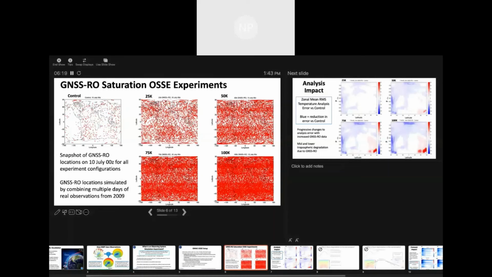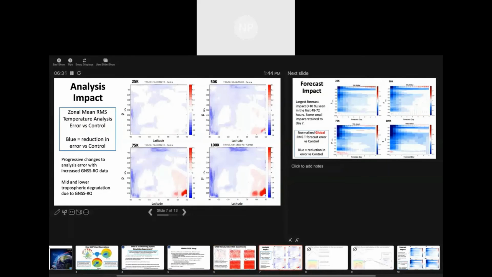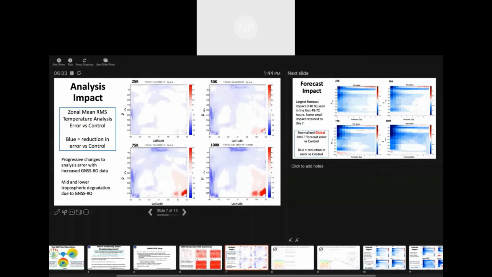Okay, and this is just showing the locations for a 6-hour window for our 4 experiments of 25, 50, 75, and 100,000 additional RO data profiles. Okay, so for the results here, the first thing I'm going to show you is the impact of adding these